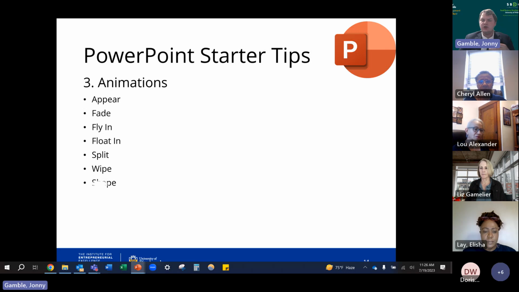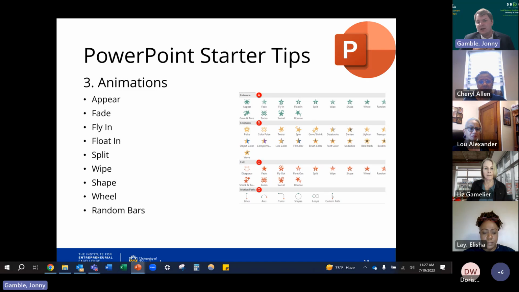So choose the animation that fits the style of the presentation you're going for. If it's something like a pie chart, for example, maybe this wheel animation could be a unique way to display it. There are a lot of different animation types, so it's important to think about what animation makes sense to you. It also doesn't just need to be text that animates in.